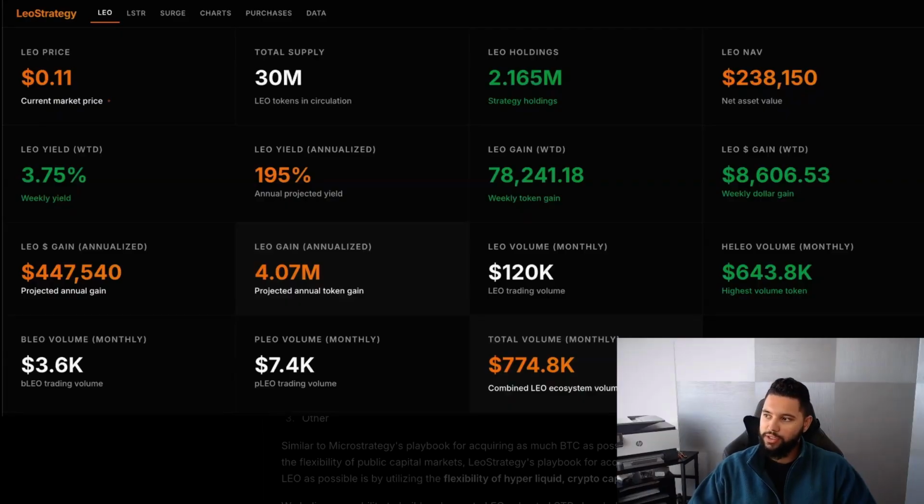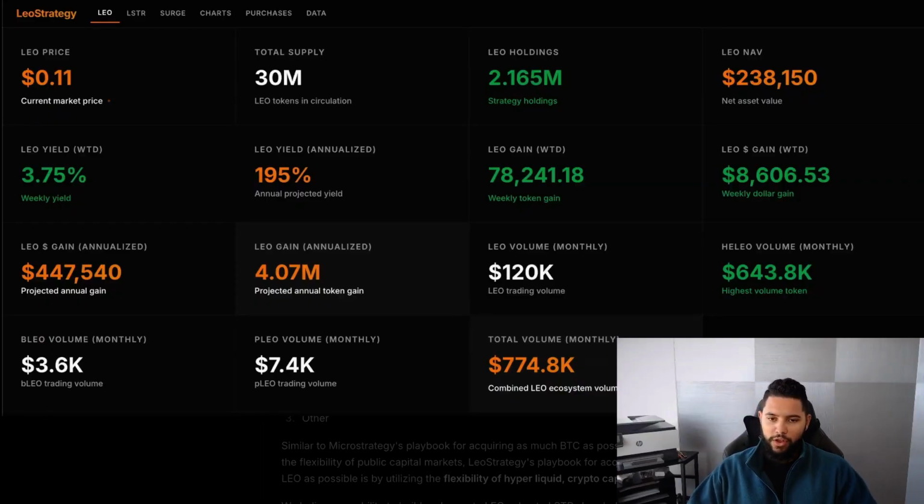So I think that's where things get really interesting for LeoStrategy. In terms of its makeup in the strategy company ecosystem, it's a lot different than things like MicroStrategy, where you've got these massive public companies, they've got employees, they've got all sorts of costs of being a public company, et cetera. So there's a lot of overhead. So the ability to generate a profit and then use that profit to buy more Bitcoin in their case, or Leo in LeoStrategy's case,